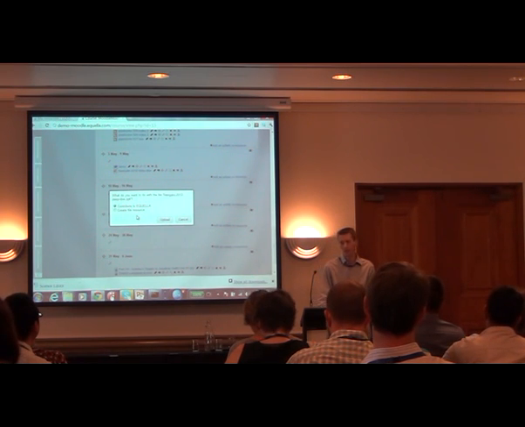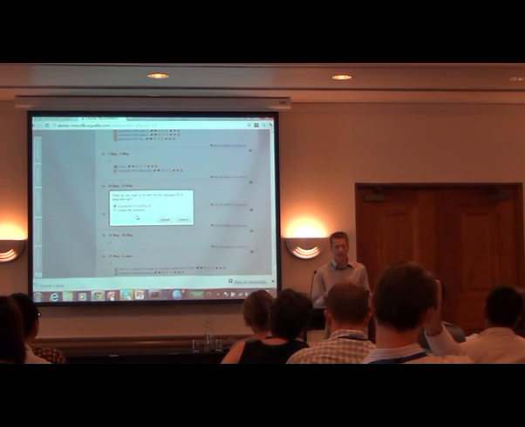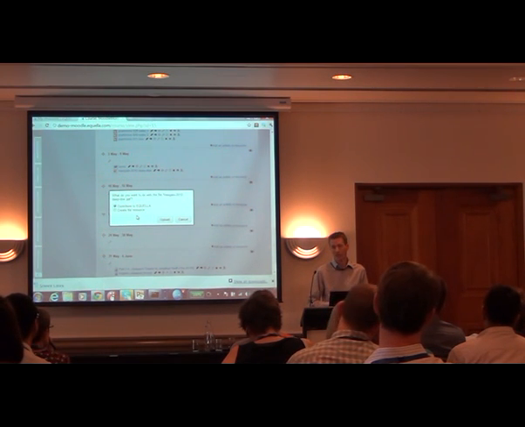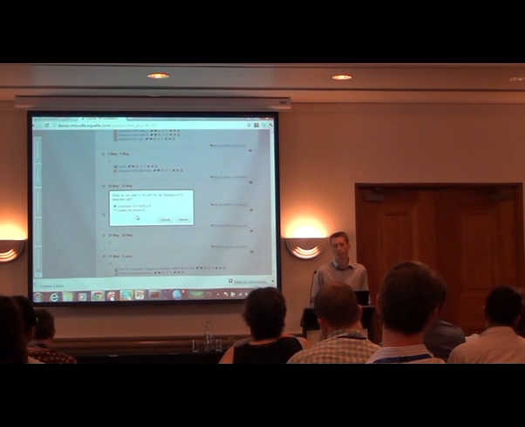This is just straight up EQUELLA block that we install on there. It does a quick contribute, and for those who don't know what quick contribute is, that is where we've had it in our selection sessions for a long time, where you can just take a file, upload it, and it straight away gets you back into the LMS. Now, it doesn't capture metadata at that point, of course, but that's where we expect people to use workflows and moderation to enhance that metadata around the LMS. The files are also deduplicated, so if 100 people drag and drop 100 of the same file, one version will show up in EQUELLA, and that will be the one that gets enhanced and reused.